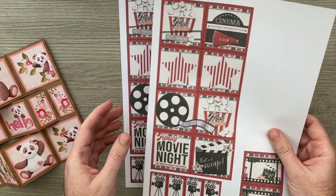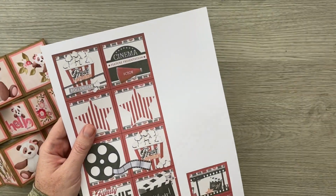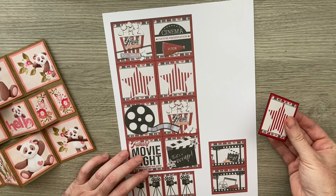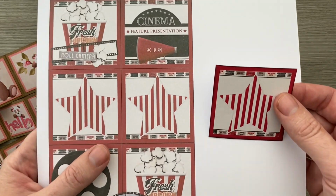I did try Fabriano paper as well, but I found that a bit yellowy and not the nicest to work with. But you've seen in another video, I've gone through that. But in another recent video, if you look back through, I actually go through what papers I use, and I use a brand called Ice. So I use Ice paper. So if I find the same image,